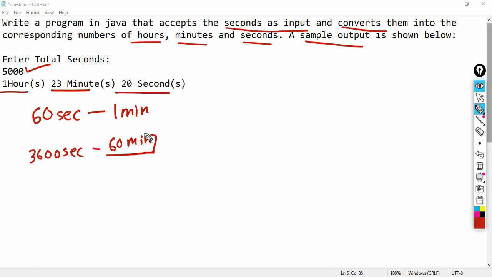So, this 60 minutes means what? It means 1 hour. So, I can write down 3600 seconds is equal to 1 hour.